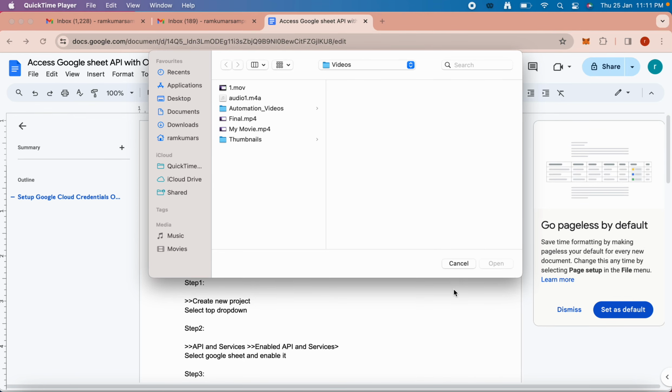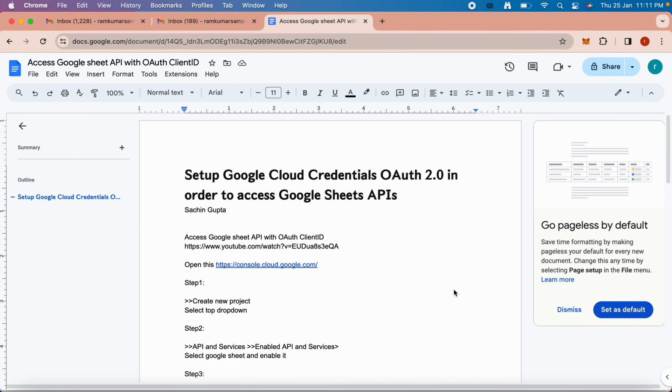In this video, we can see how to integrate Google Sheets in an existing Selenium framework. So to do that, there are three steps. One is you need to set up the Google Cloud Credentials OAuth 2.0 in order to access the Google Sheets